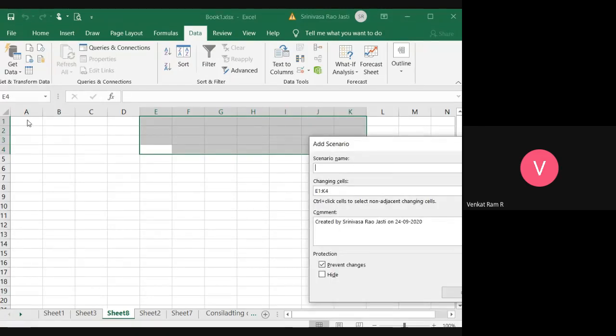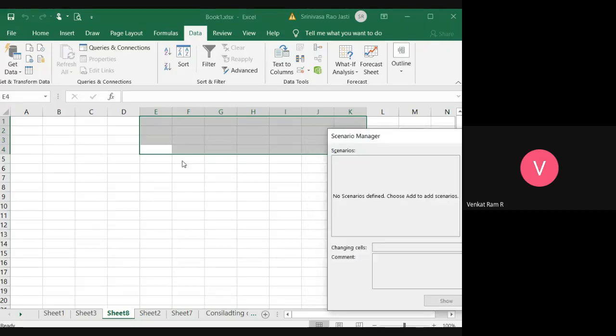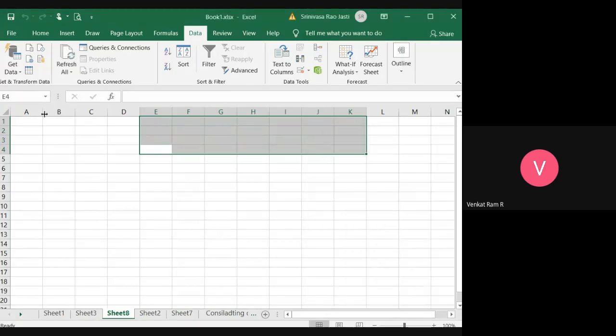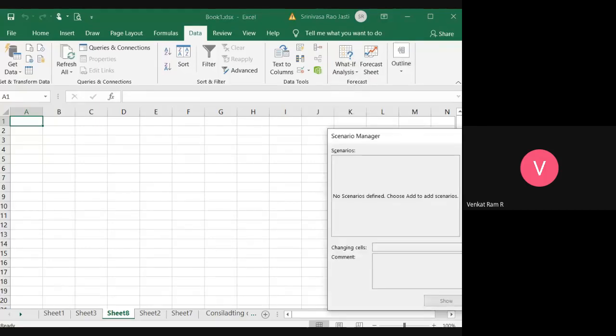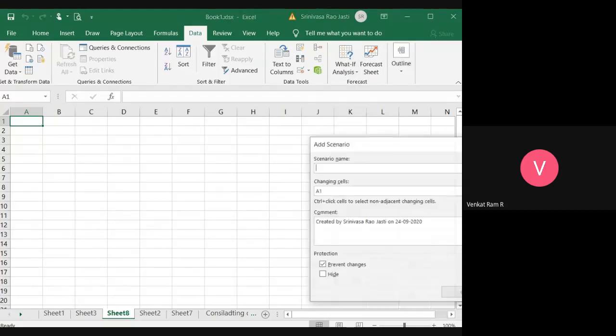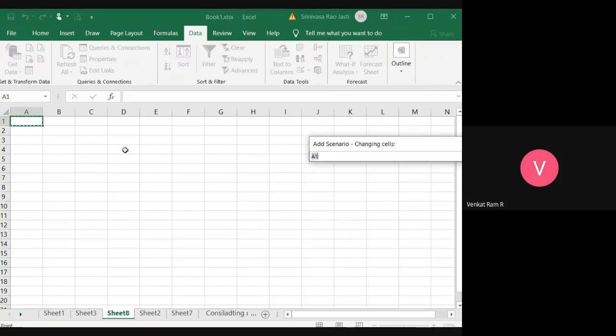Let me think, like 1 second. What-if analysis, scenario manager, I want to enter the data. What happens is it will automatically hide. Scenario name I am giving Raju. I have selected; you can select the value wherever you want.